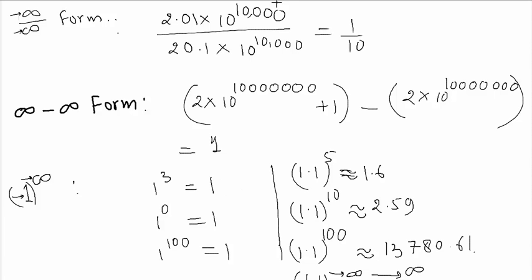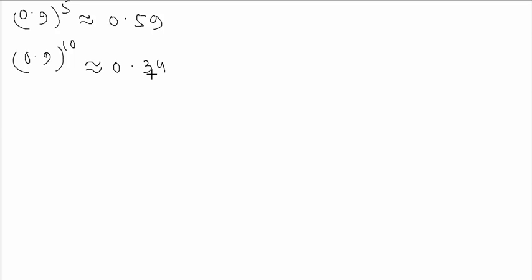Now if we think of a number that is less than 1, like 0.9, let's say 0.9 to the power 5. This is going to be equal to 0.59. Even 0.9 to the power 10, let's say we are thinking, this is coming out to be 0.34. And if we have 0.9 to the power 100, let's say,